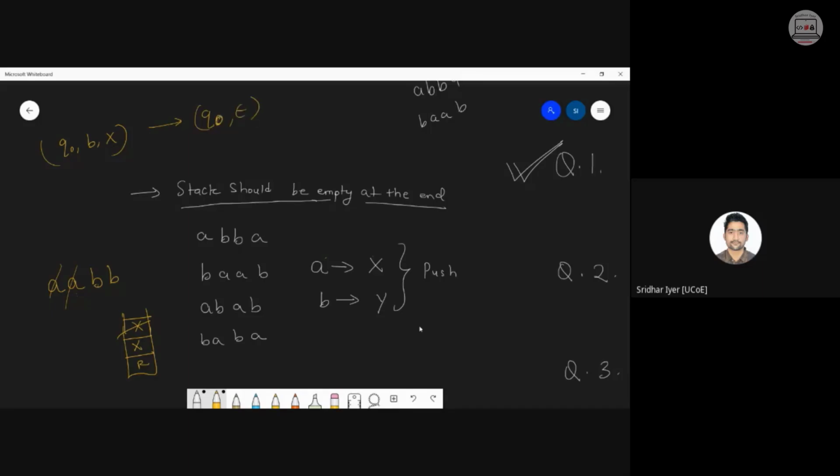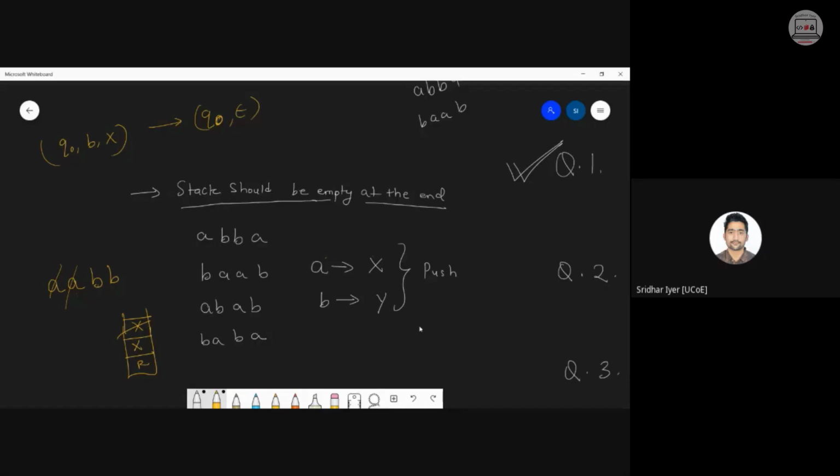I'm just giving you the example. Here we will not change states. Why? Because I will tell you at the end. Are you getting what I'm trying to say? Whenever you are having an A after a B or a B after an A, whatever is there on the top of the stack, you have to pop it. Simple as that. Am I clear now?